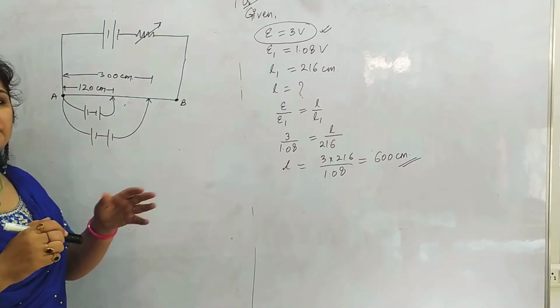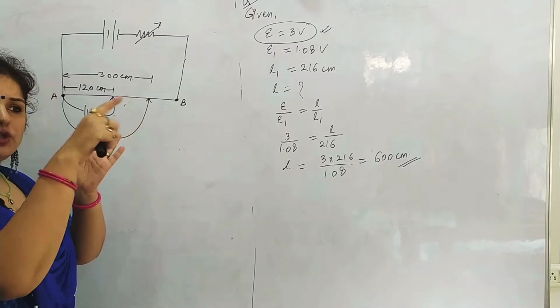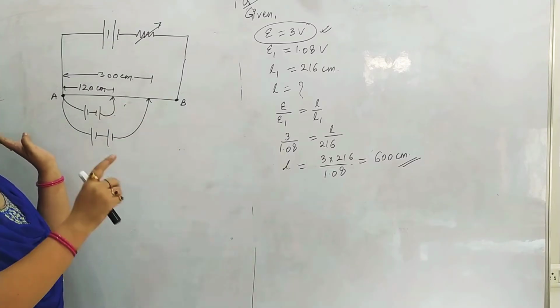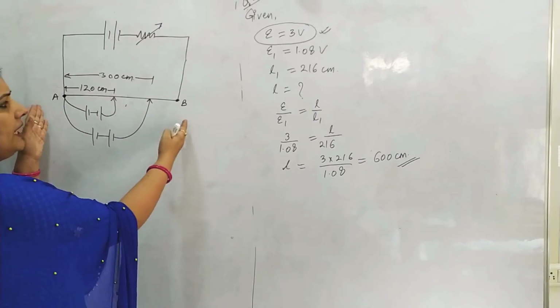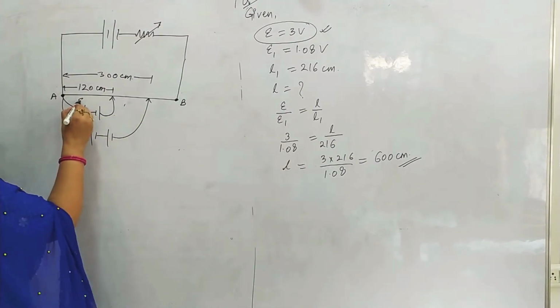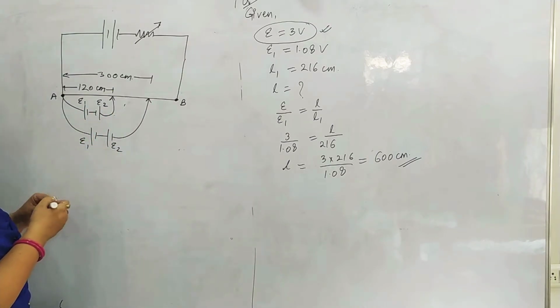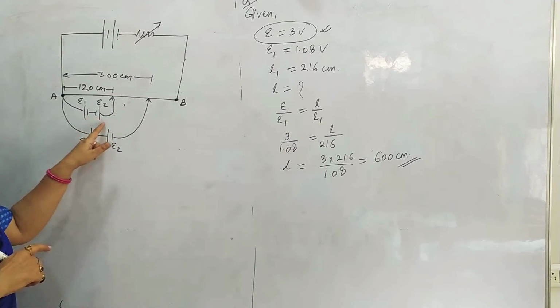So in meter bridge we show a simple wire, but in an actual potentiometer we show 4 wires. But for numericals, AB means the total length of the wire. We will not draw it like that again and again, right? So we'll show AB as the total length of the potentiometer wire. Here we have connected 2 cells E1, E2, E1, E2. When we are connecting both the cells such that negative, negative on one side, positive, positive on one side,